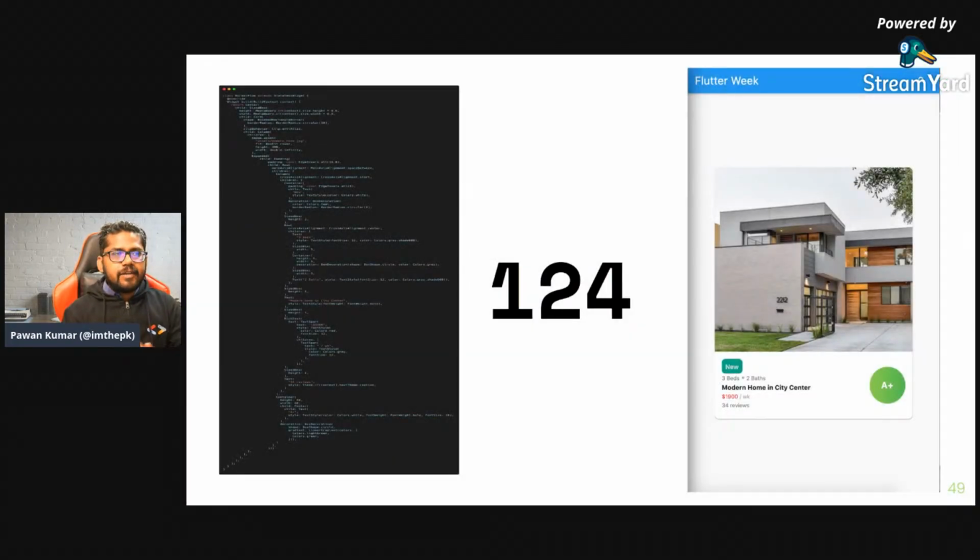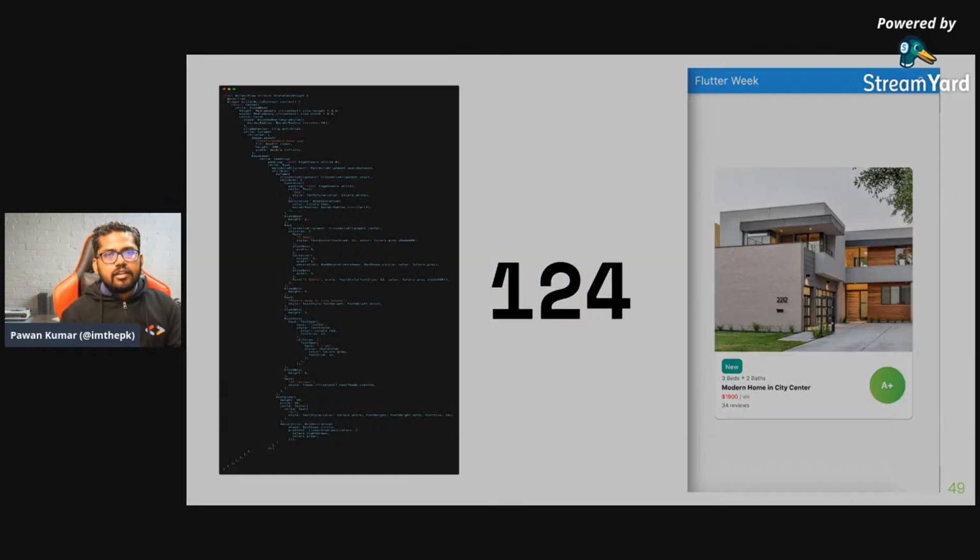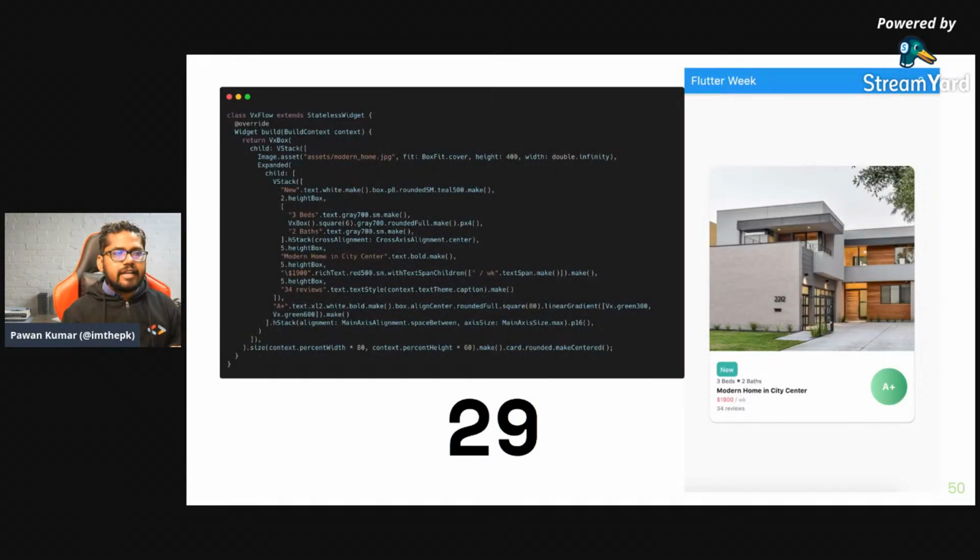For example, on the right-hand side there is a particular design, a component, and it is taking 124 lines of code, which you cannot read, I know. It's very small, but just for the idea, it is using 124 lines of code without VX. And when you use VX, the same thing can be done in just 29 lines of code. So that's the power of VX. It's just a random idea. We will see how it works.